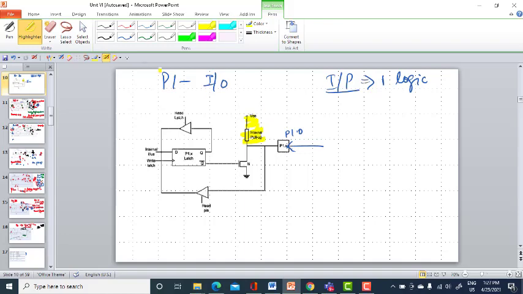In your port 0, when you need to operate it as an output port, you need an external pull-up resistor for proper operation, and you need to connect that manually. But here you have an inbuilt internal pull-up resistor that is available in your port P1. That is the difference between your port 0 and port 1.